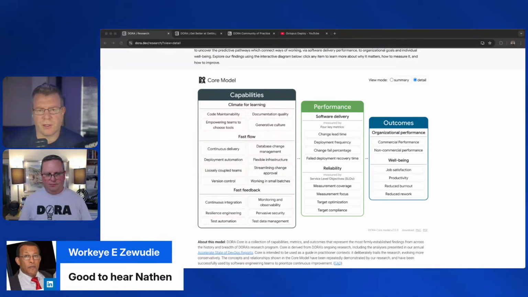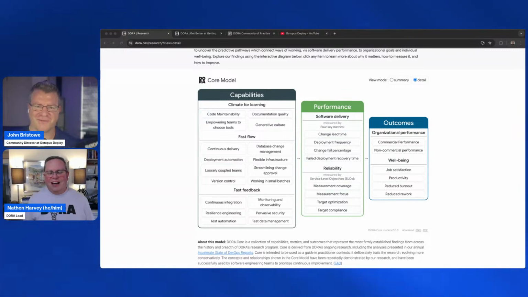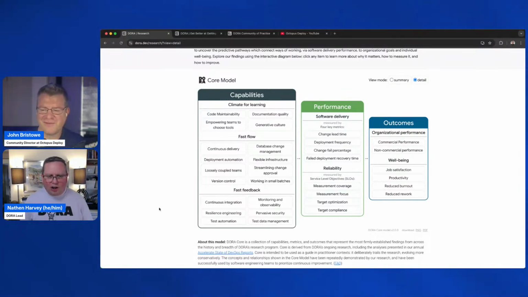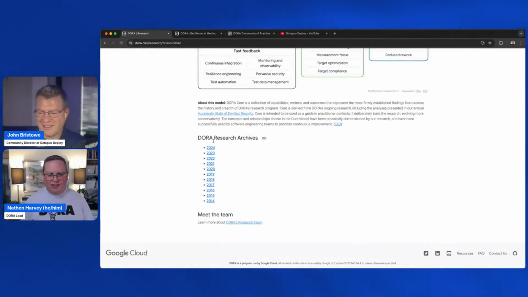I would imagine this also applies to the folks who are going to make part of the decisions around doing some of these improvements around capabilities as well. Do you have any literature that, when you do a conference and stuff, like convince my boss to go to this conference? Do you have anything for folks like that on the DORA side? Yeah, we do actually, and honestly, it's one of our most underutilized reports. If you scroll down there just a little bit and click on 2020 for me.